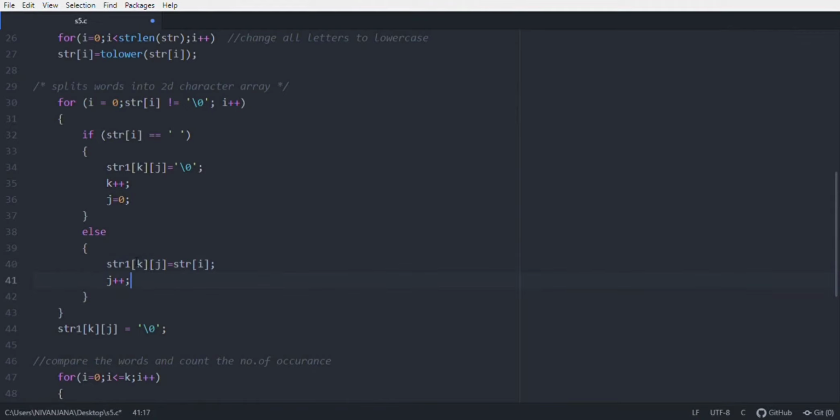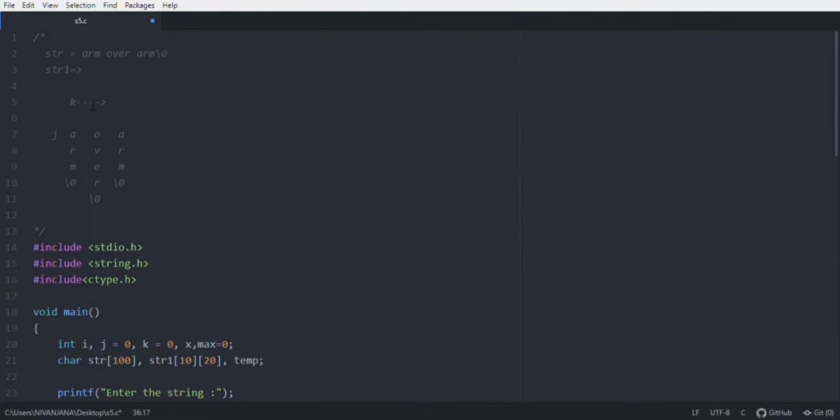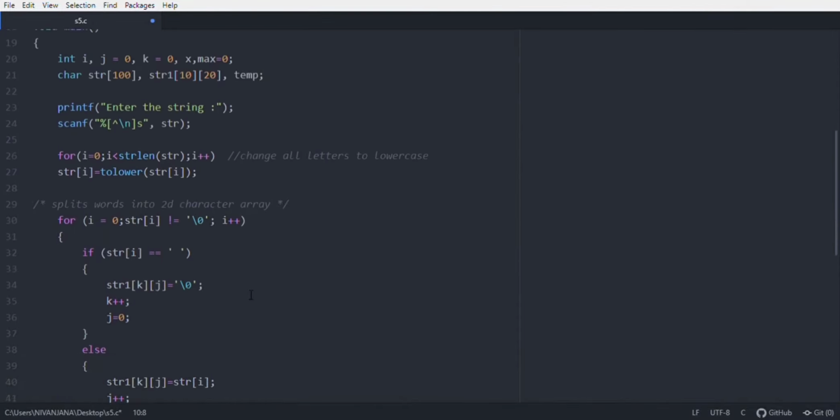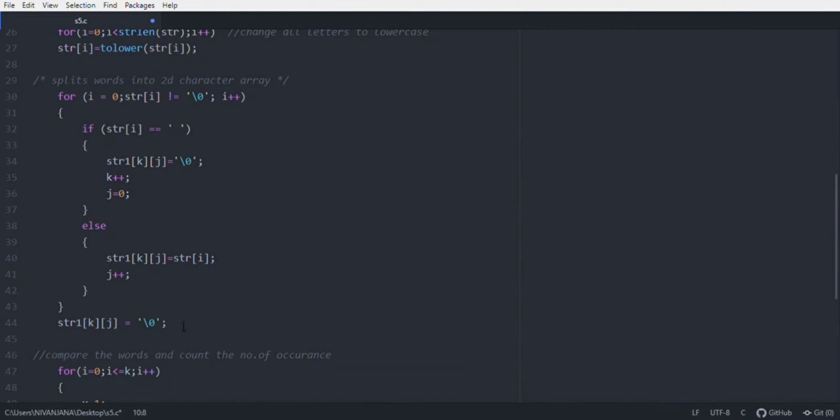If it is a white space, we will end that word with a null character, add 1 to k, and set j equal to 0. Like here, if it is a white space, we will move to the next position of k, set j equal to 0, and end this with a null character. I think it's clear now, and we will end the loop by adding a null character in the last position.